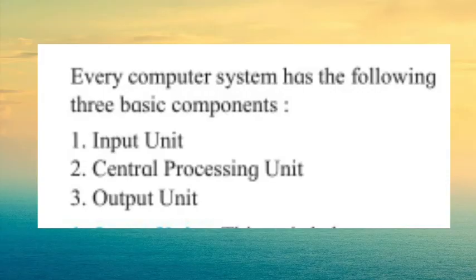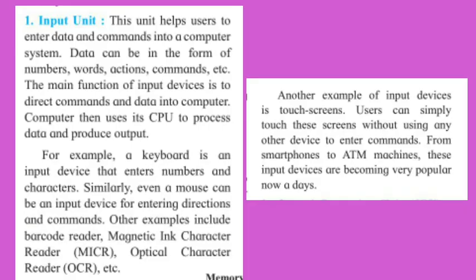If we look at it, a general computer is divided into three major parts. Which are these parts? Input device, output device, and one of the most important parts, called the CPU, that is the Central Processing Unit. We are going to discuss all these parts one by one. Now let me start with the first part of a computer, that is the input device.